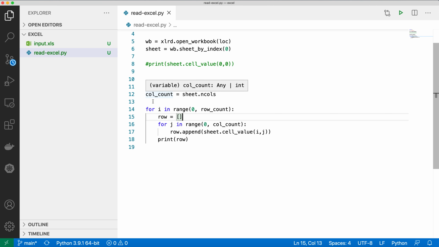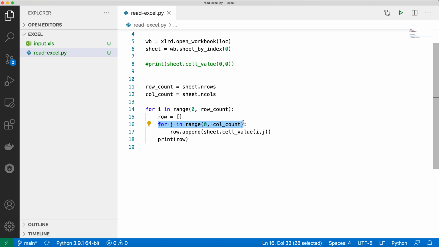For that, I need to find how many rows there are, which is sheet.nrows, and how many columns there are, which is sheet.ncols. Then I am running two loops. One loop is for rows, for i in range 0 to number of rows, and then I am running a second loop from 0 to number of columns.